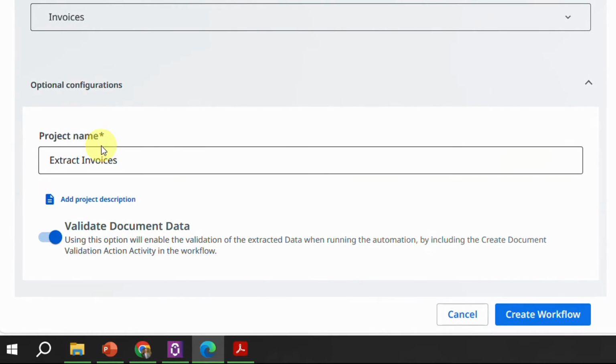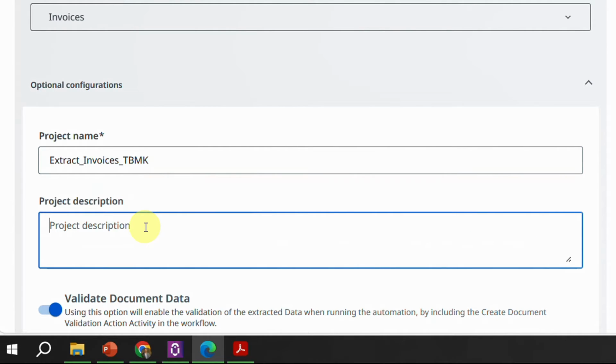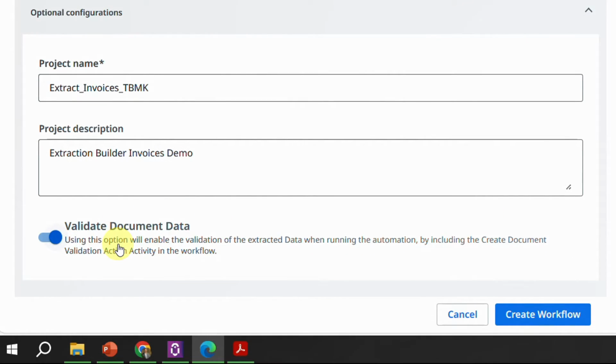It is asking me, what do you want to name the project? So I want to name the project as extract the invoices, right? And I'll just put my name so that I know that this is my project for tutorials by Mukeshkala. You have this option which is called add the project description, good practice. So I would just say extraction builder invoices demo